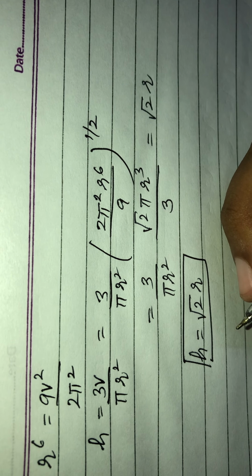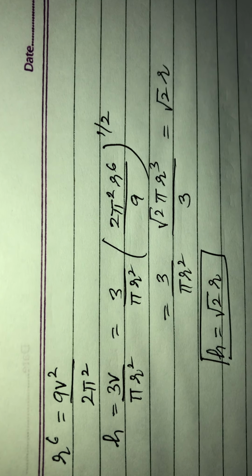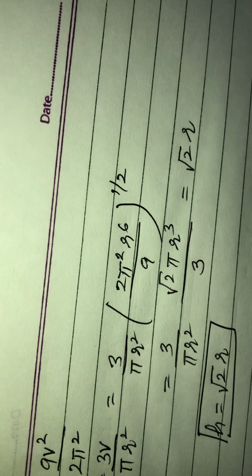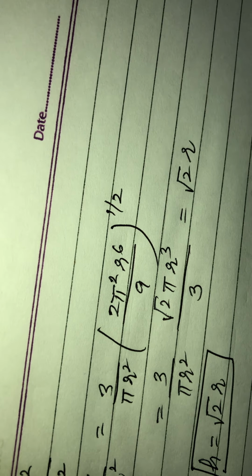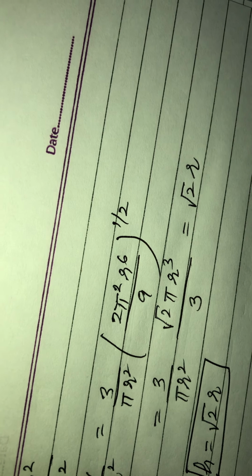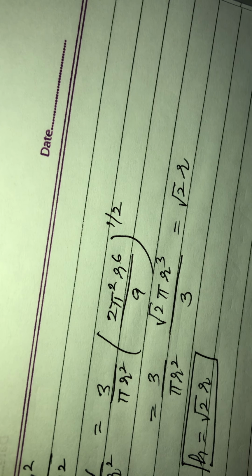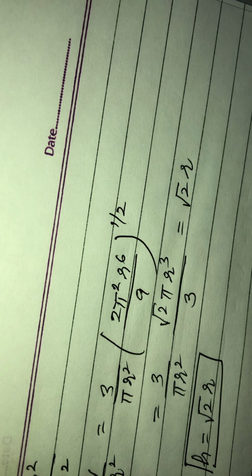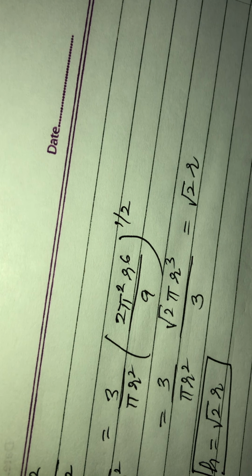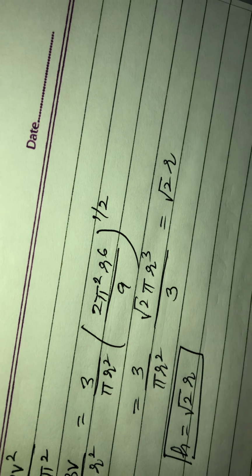Now come to the question number. If I talk about question number 26, okay, 25 and 26 are basically the same. So if I talk about question number 26, what will be your question? In question number 26 they are saying, show that the semi-vertical angle of a right circular cone of given surface area and maximum volume is sine inverse 1 by 3.